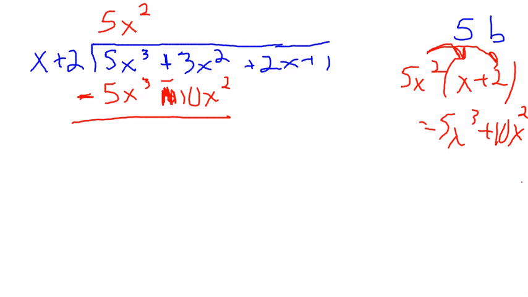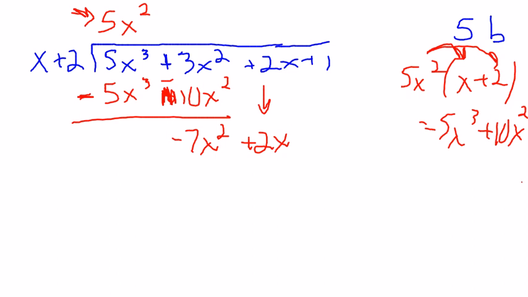3x squared and negative 10x add to negative 7x squared. Now I'm going to bring this down. So I get negative 7x squared plus 2x. If that was a minus 2x up in blue, then I would bring a minus 2x down. You need to carry that whole sign down. But it's plus here. So now I repeat what I did to get this 5x squared, but I do it